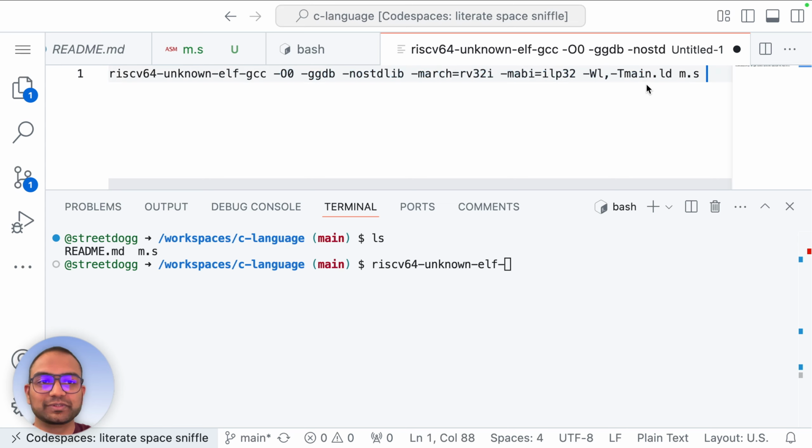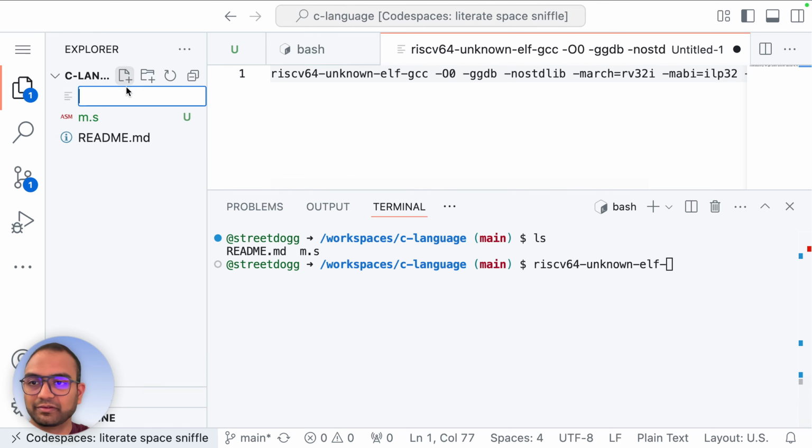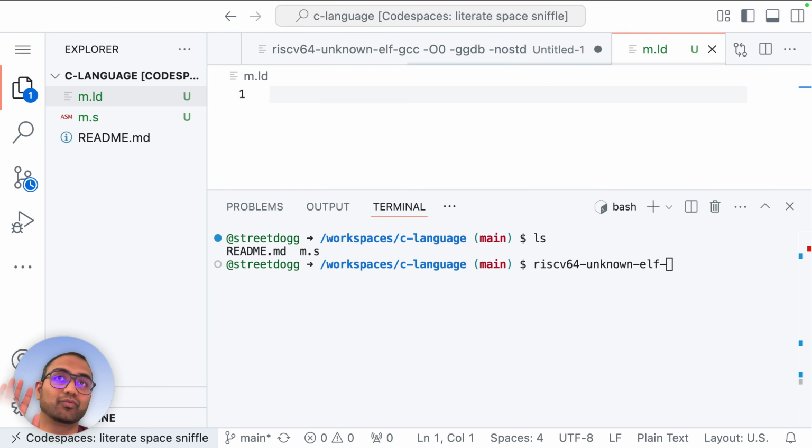Now, if you notice, we don't have the main.ld here, and I'm going to actually make it m.ld. So we don't have m.ld with us right now. So we are going to go here and create m.ld. Now, what goes into m.ld, I wouldn't want to invest time right now into that. But very quickly, I'm going to again copy paste